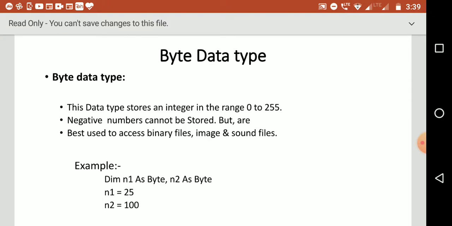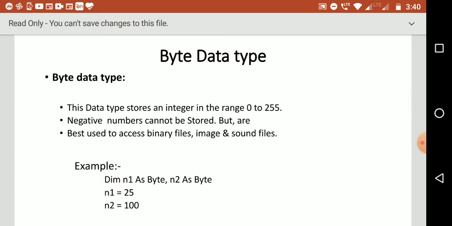So there's another type of data which is the byte data type. Let's see what is a byte data type. This byte data type stores an integer type of value, and the value ranges from 0 to 255, and it does not store negative values. That means the minimum value is 0 and the maximum limit is 255.